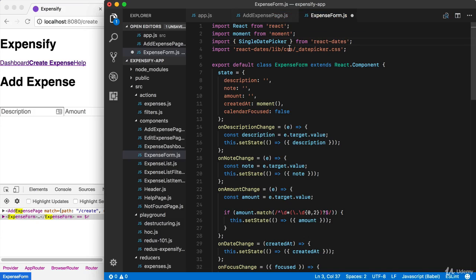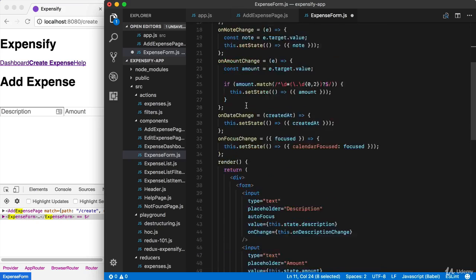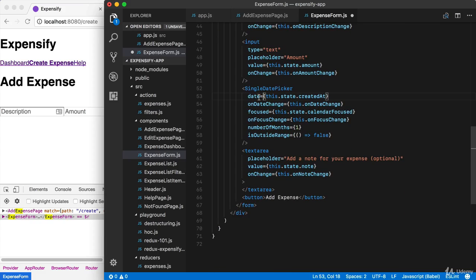Now, what does this mean for us? It means that when we create a calendar day picker, we have to provide it with an initial value. And right here, we have our initial value, which is just the current time. So whenever this code runs, we get the current time in a Moment object, and we dump that into the date picker. We then track changes, and we also track changes to focused. Lastly, we provided a little customization. We changed the number of months, we changed whether or not days in the past should be available to us,